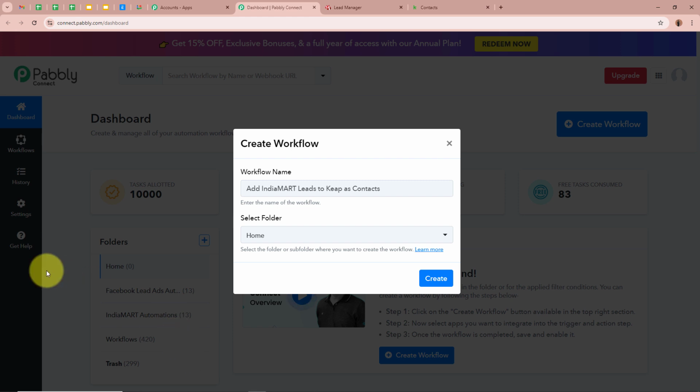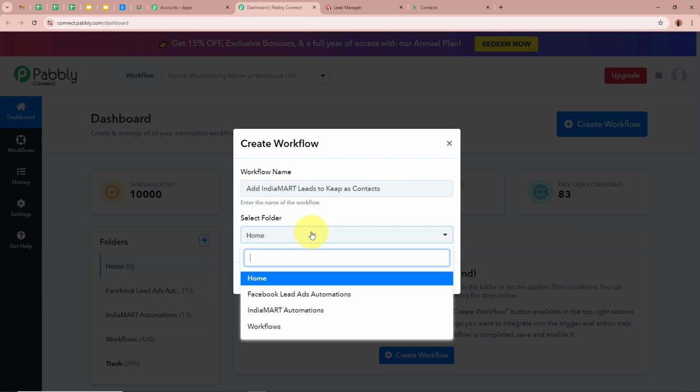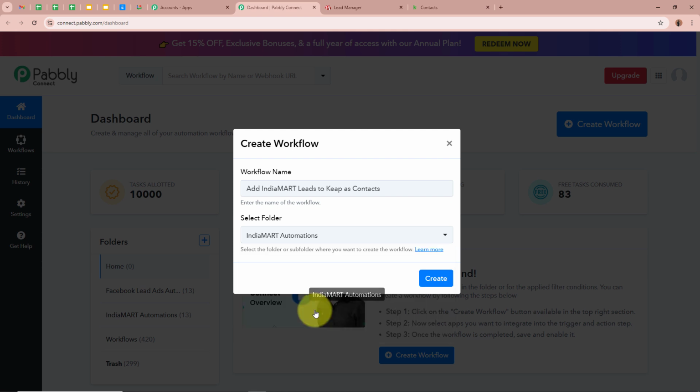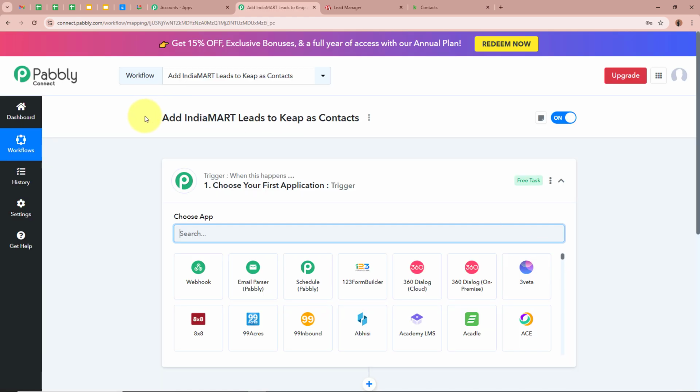On the left side of my screen, you can see I've created multiple folders in my Pabbly Connect account, from which I'm going to select a specific folder in which I want to save this workflow. For that, click on this drop down. So these are the folders from which I'm going to select IndiaMART Automations as the folder I want to save this workflow in. After giving a name to our workflow and selecting the folder, let's click on Create. Now a workflow is created with the name Add IndiaMART Leads to Keap as Contacts, and